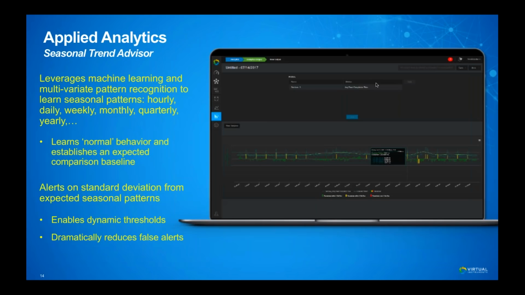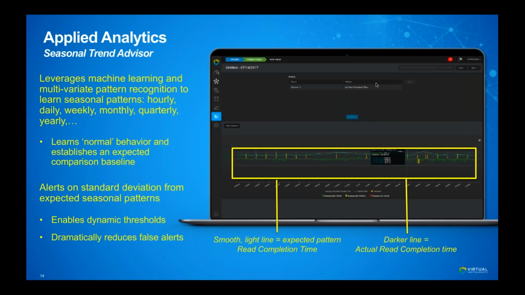And when it comes to talking to the business, seasonal trending is really the next generation of machine learning applied to infrastructure management. So one of the challenges our customers brought to us early in the day was, I love the fact that we can do thresholding and alerting and get proactive and out in front of problems, but what's the right threshold to set? And so we have a large professional services organization, a lot of applied experience, and we could make those best practice recommendations, but every environment is unique.